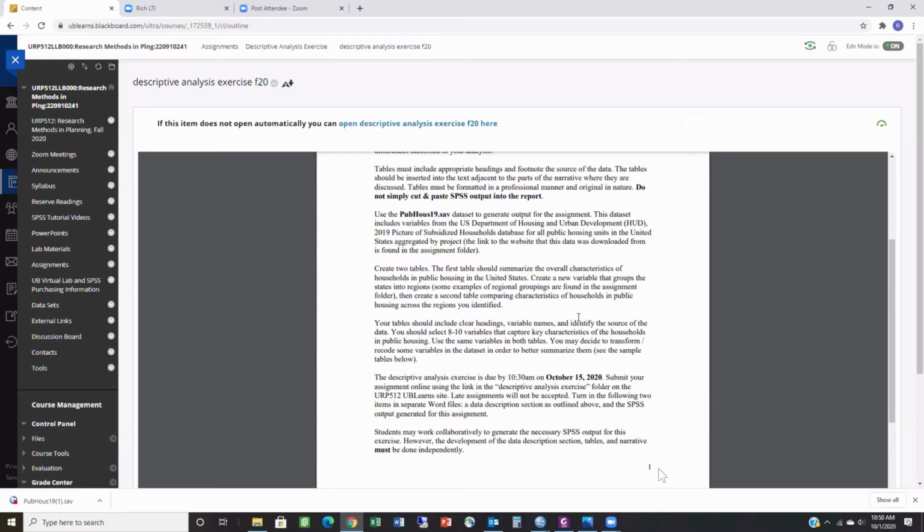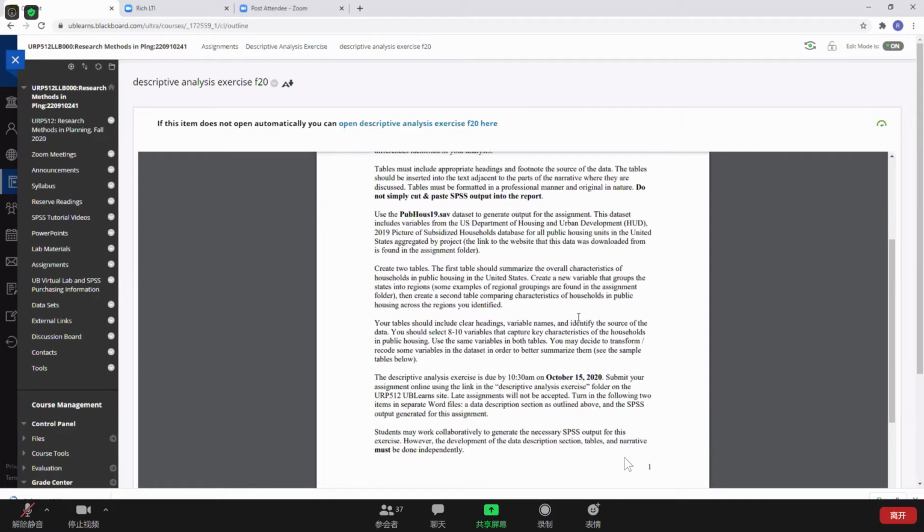Just keep in mind that you should turn in 2 separate Word files. One is the actual essay that you write, and the second is the SPSS output that you generate for the assignment. When you generate your output, whether it's in SPSS or PSPP, you should save it as a Word file, and then keep that so that when you submit your assignment, you can submit the data that you